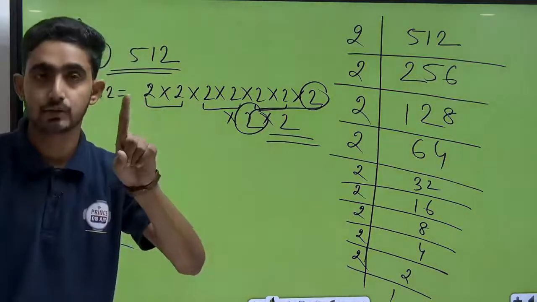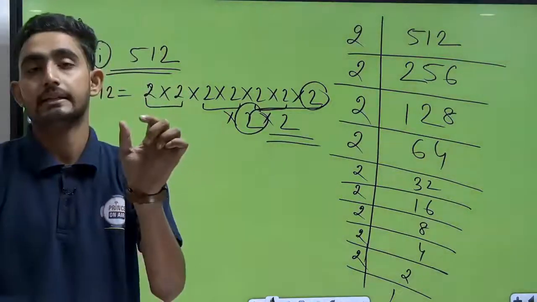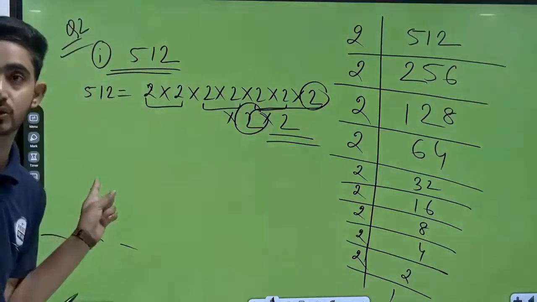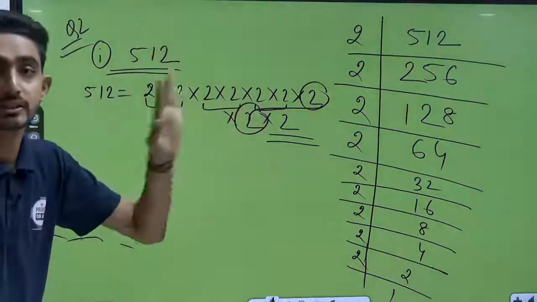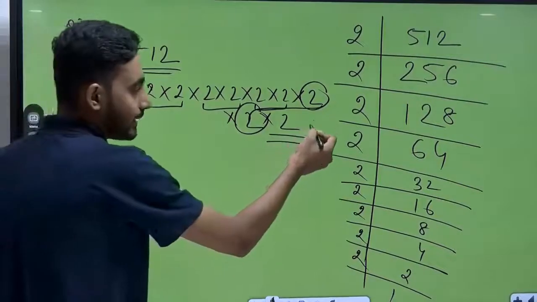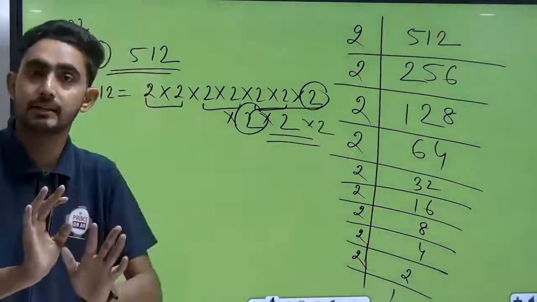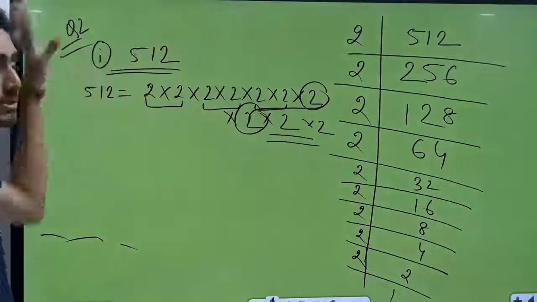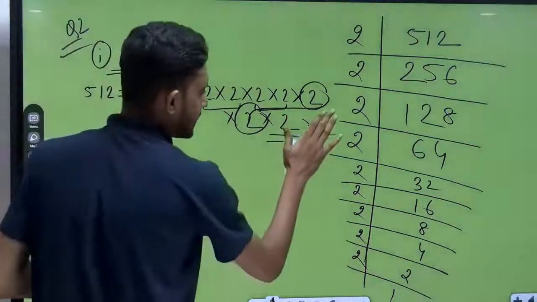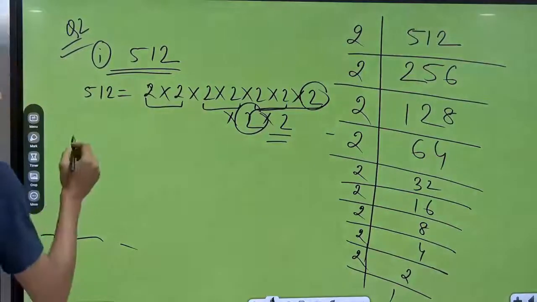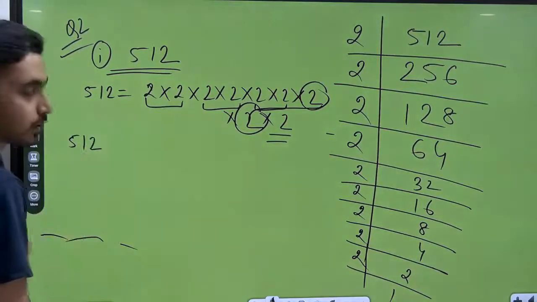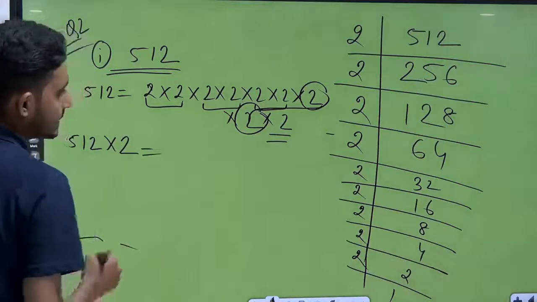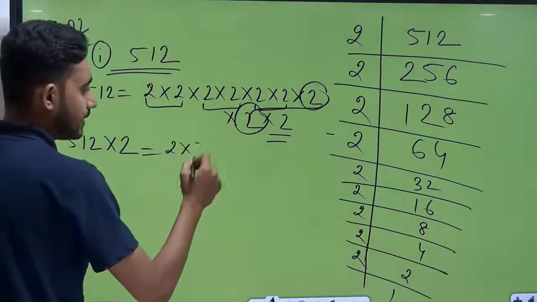Okay. So the number that is not making a pair, you have to multiply it on both sides, left hand side also and right hand side also. Suppose if you multiply 2 here, then this is making a pair. Yes or no? But you do not have to multiply only on this side. You have to multiply both sides. So in the next step I will just multiply this number like this way. 512, okay, multiply by 2. Understood? Is equal to. Here this is the first pair we have already written.